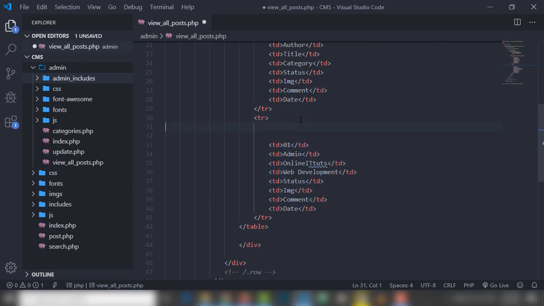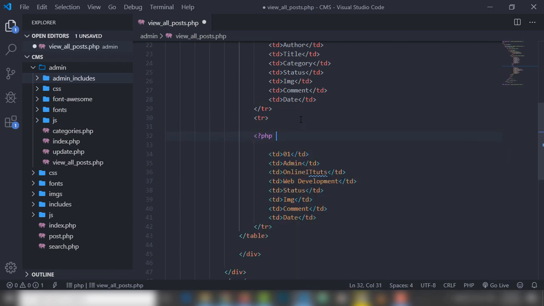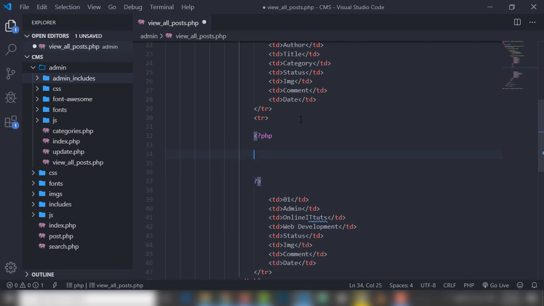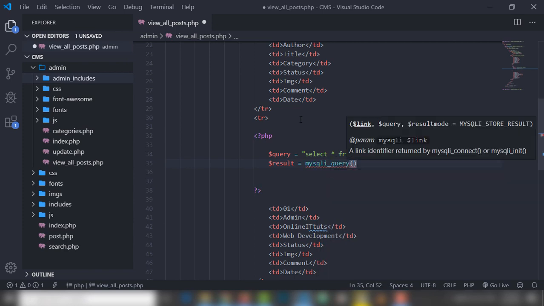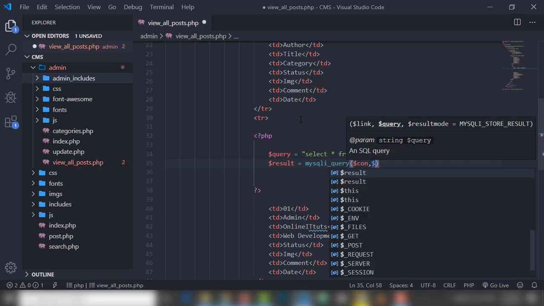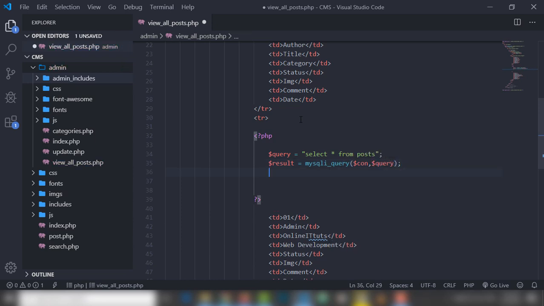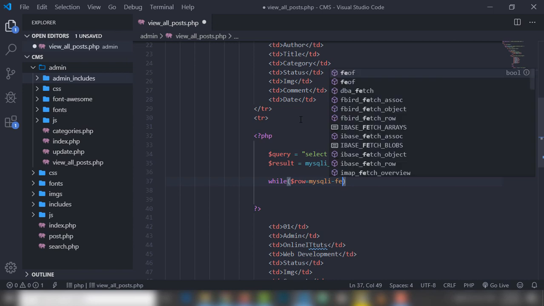After the tr I use PHP, and we need to use a query: select star from post, result equals mysql_query, pass two parameters, and use a while loop, row equals mysql_fetch